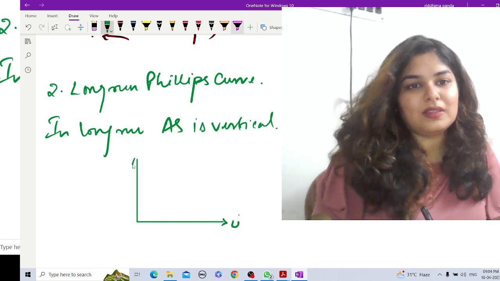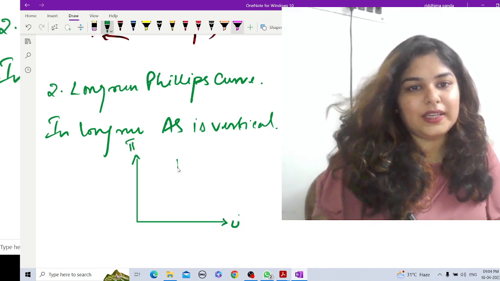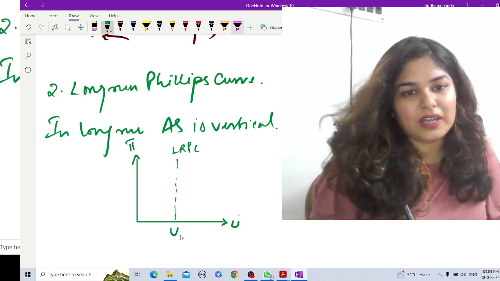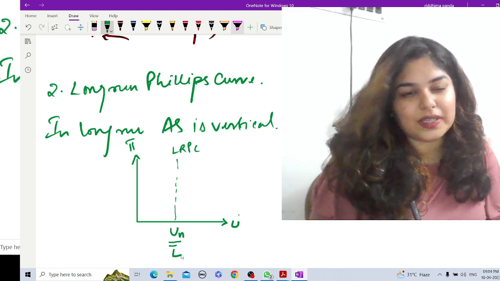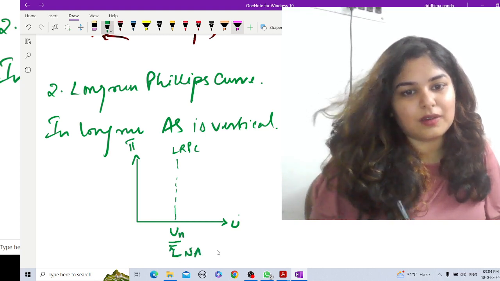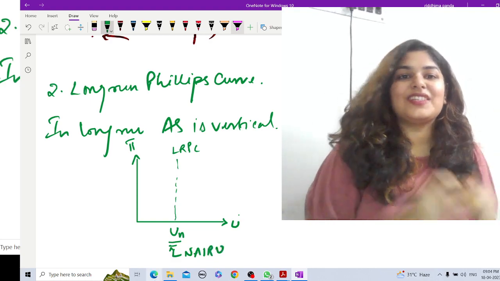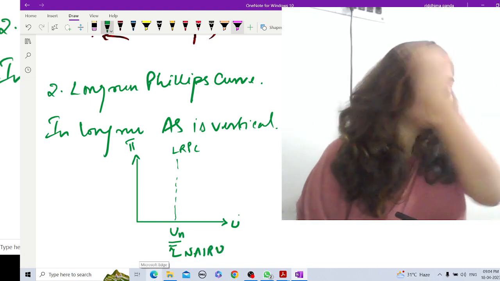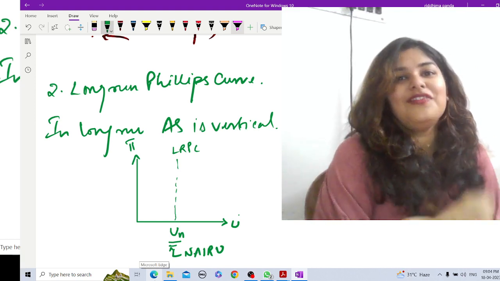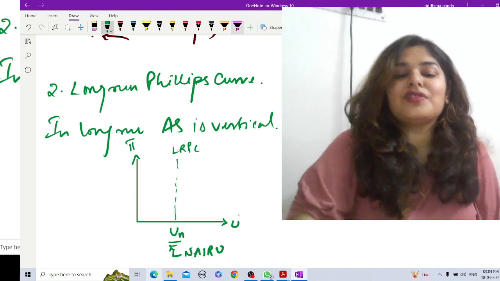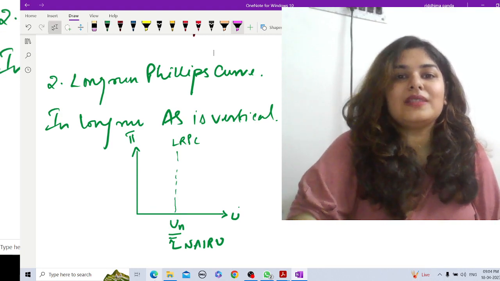This is unemployment, this is our inflation rate, and this is our long run Phillips curve where unemployment is at its natural rate. Okay, NAIRU, natural rate of unemployment. So this is the reason that our long run Phillips curve and the short run Phillips curve are different. Now talking about the policy implications, since this is in the short run,